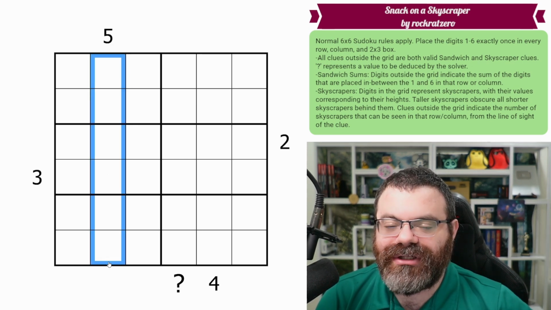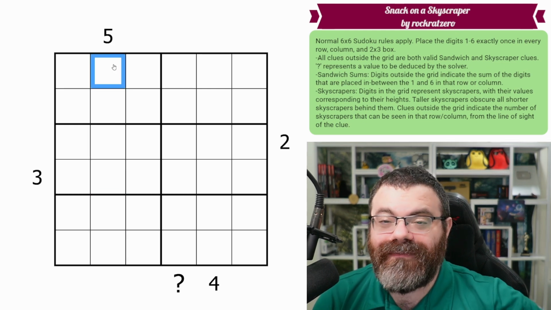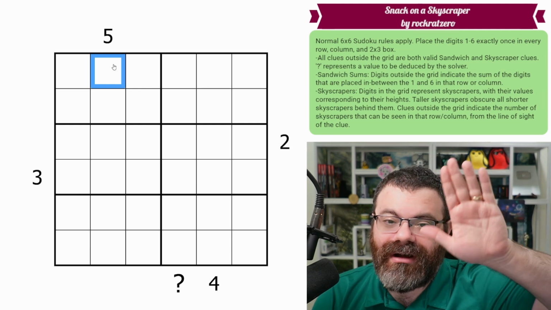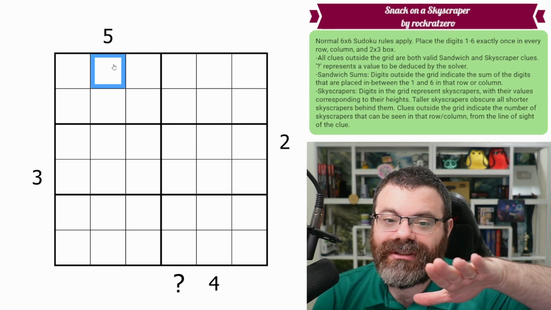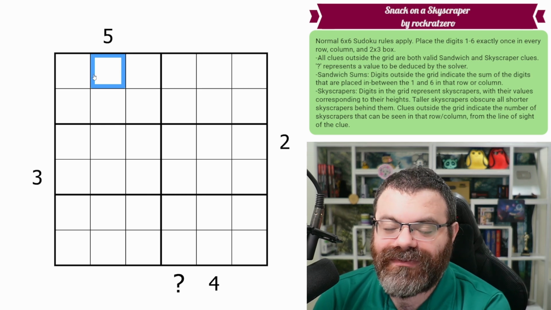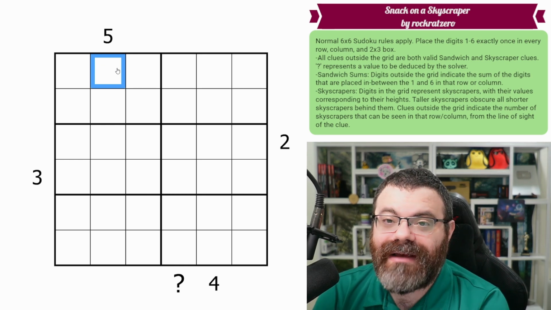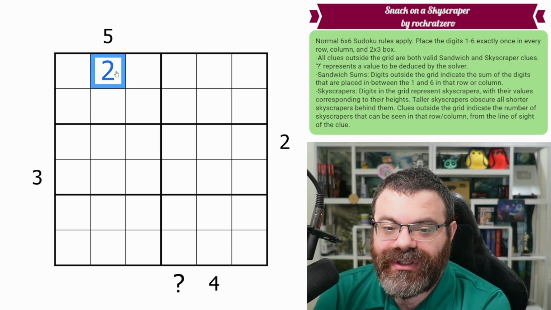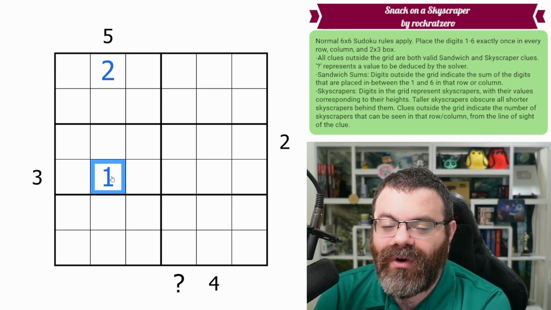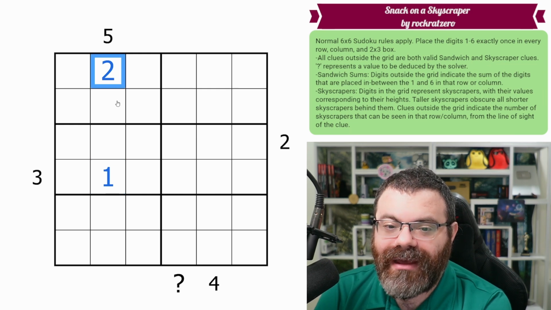Now as a skyscraper, we're thinking about standing on top of the skyscraper clue and looking in the direction of the row or column from that clue. There's no perspective here, but from that vantage point on the ground, which skyscrapers can you see, where the digit represents the height of the skyscraper? So we're going to count how many we can see. So for example, if I put a 2 here, that is a 2-story skyscraper, meaning that wherever the 1 is, say it's here, I can't see that 1 because the 2 is blocking it, but I can see all the